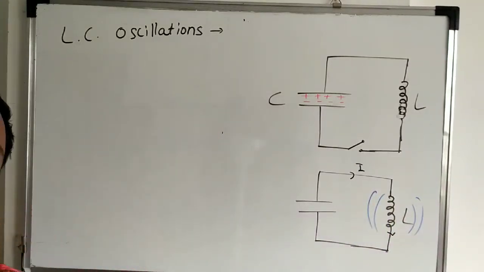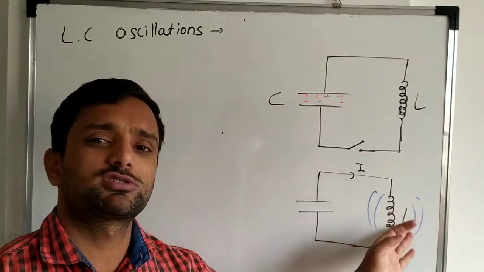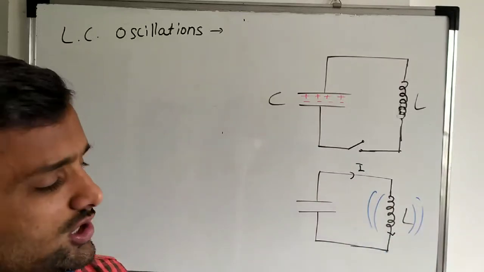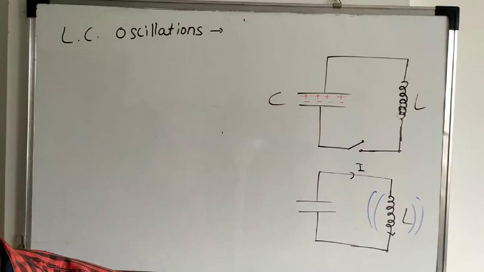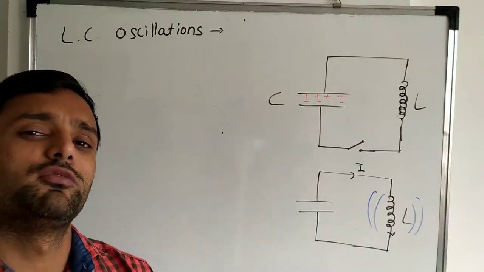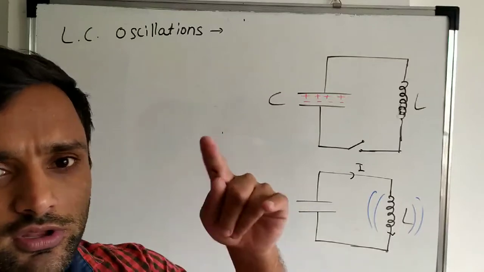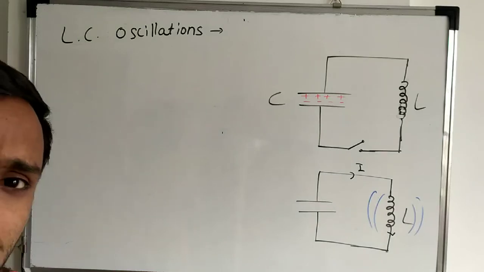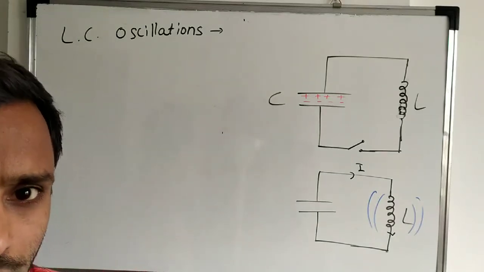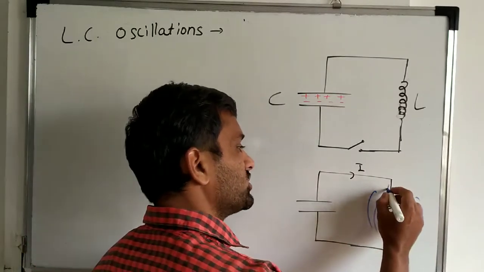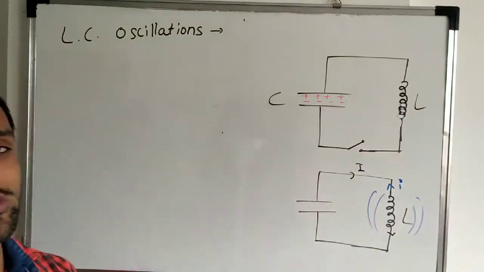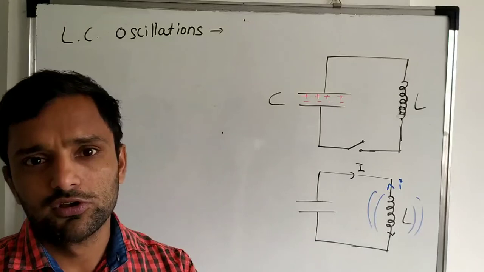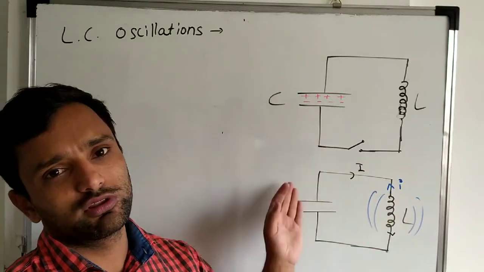This magnetic field is continuously changing because the capacitor starts discharging through the inductor. As soon as the capacitor starts discharging, the current flows through the inductor, which produces the magnetic field. That magnetic field is a varying, changing magnetic field that produces the induced EMF in the inductor coil, and that induced EMF will flow in exactly the opposite direction. Induced current will flow in the exactly reverse direction, because we call the induced EMF a back EMF, since it flows in the opposite direction.